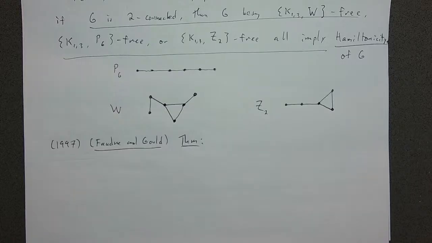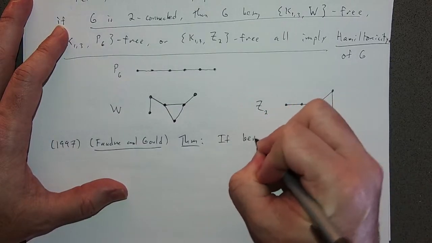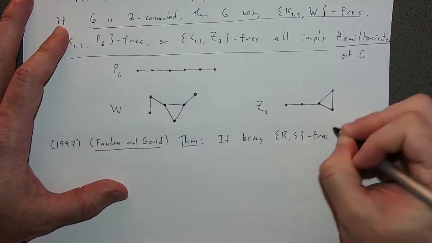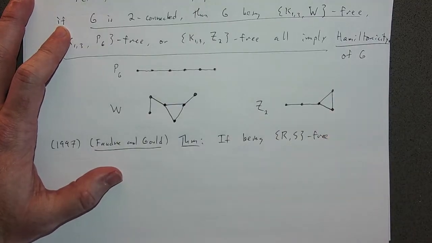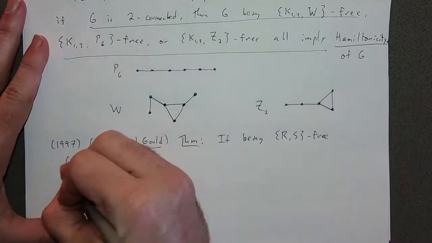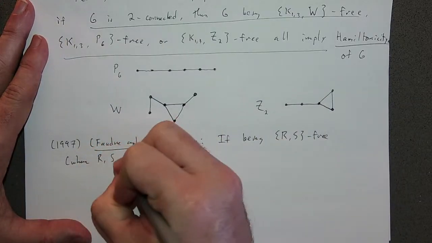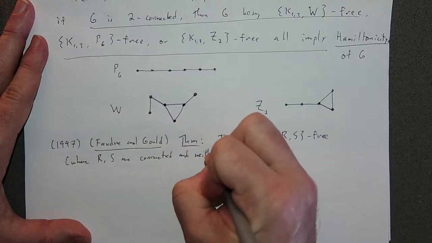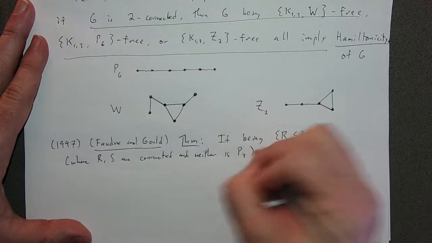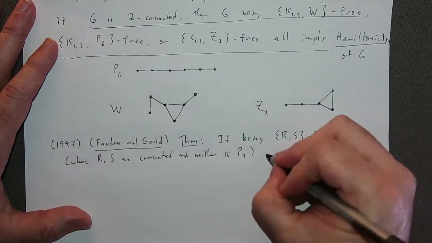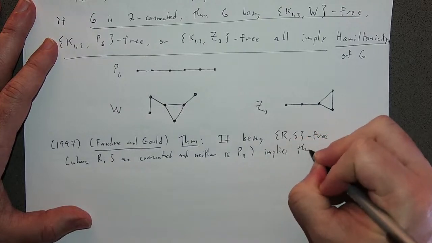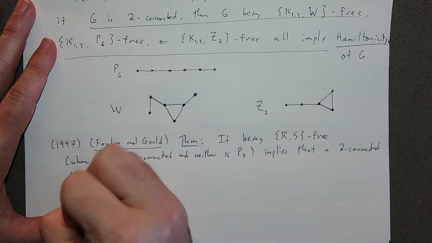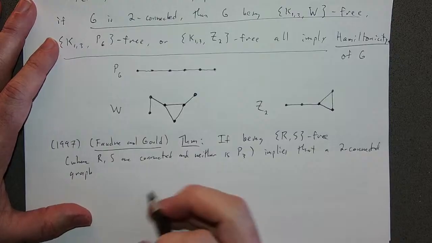If being R,S-free, where R and S are connected and neither is the path on 3 vertices, implies that a 2-connected graph is Hamiltonian,